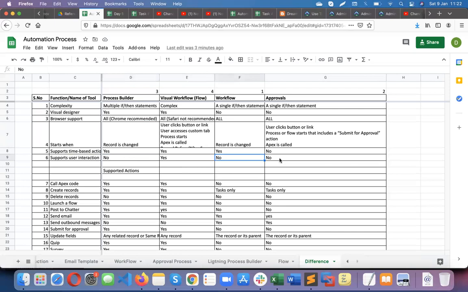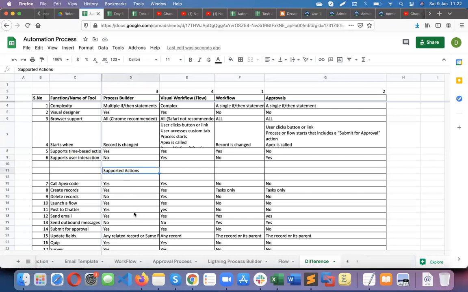Here also there are no user interactions. Here I would say yes, because you may need to approve it. But again, in approval you can also do automations. I would say let it be, because we can do it without user interactions. But here I will put a yes, because a person needs to approve, right? So there will be user interactions. But to start the flow or to execute the approval process, there are no user interactions. Manually, a user can go and submit it. That's it.